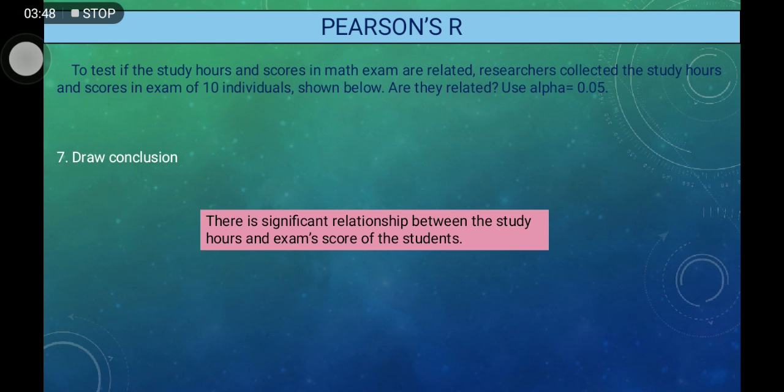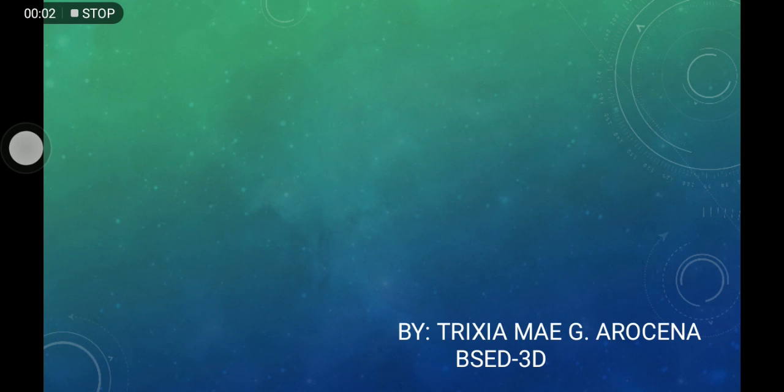Therefore, our conclusion, there is significant relationship between the study hours and exams score of the students. So, we are done using different types of tests na ginagamit natin sa hypothesis testing. In summary, Z-test, ginagamit natin siya if si sample size or number size is greater than or equal to 30. Si T-test, ginagamit natin siya if sample size or number size is less than 30. And si Pearson's R, ginagamit natin siya if hinahanap natin kung may relationship ba sa isa't isa yung